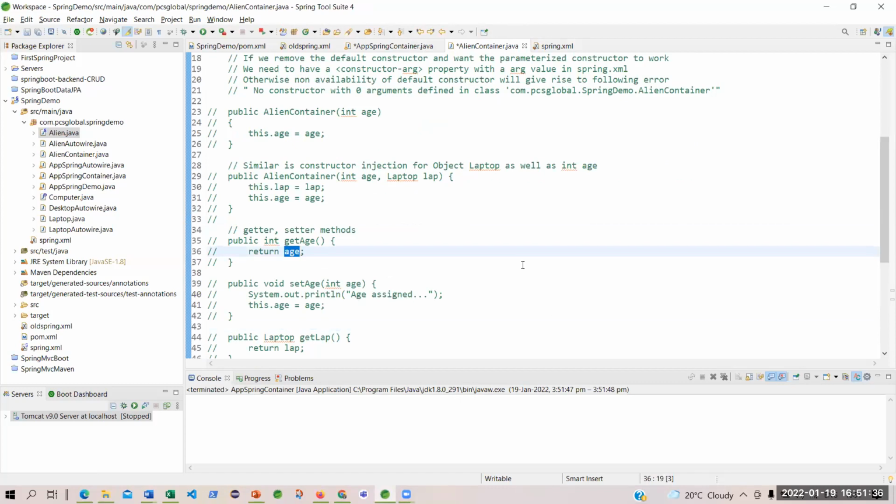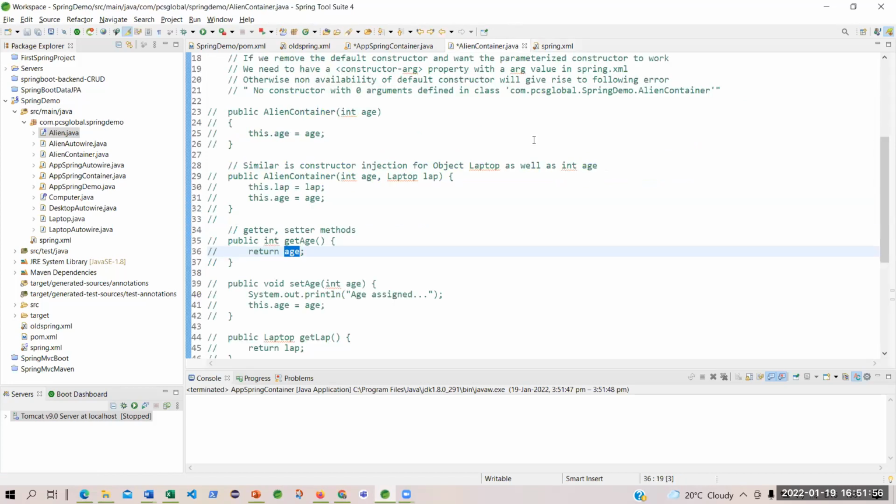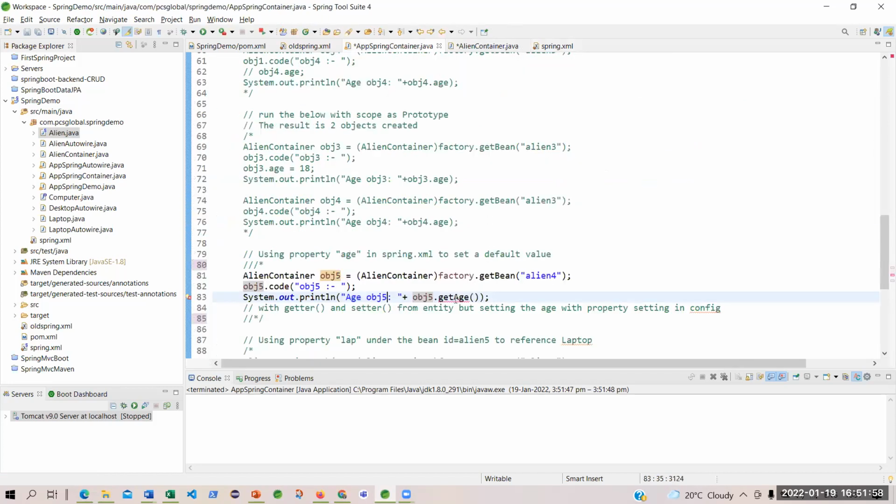These are the hidden data, encapsulated data, just for security reasons. Though I have set it here, I'm able to do it fine because I'm using a configuration file of Spring. Okay, I can do it. But to display it, I cannot do it like this. I cannot directly access the age.